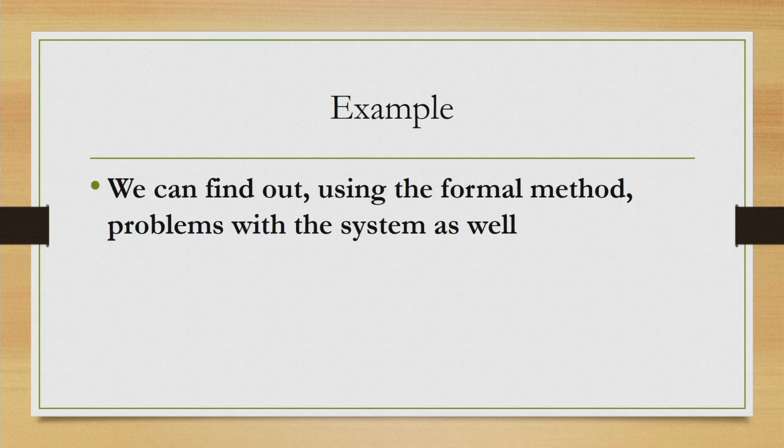So, that is one side, that with the help of the formal representation, we can actually check for the existence of desirable properties in the design that we have come up with. The other side is that with the help of the same formal representation, we can actually test for problems that may be there in the system. Let us see in terms of an example how that is done.